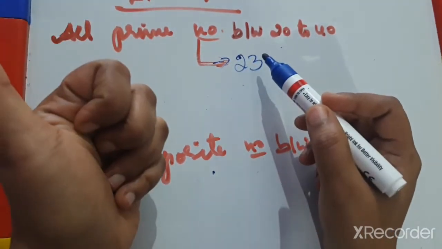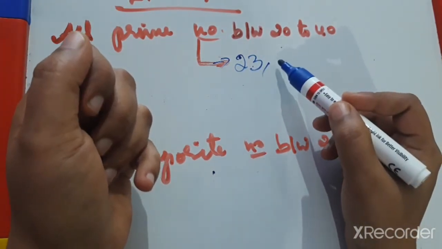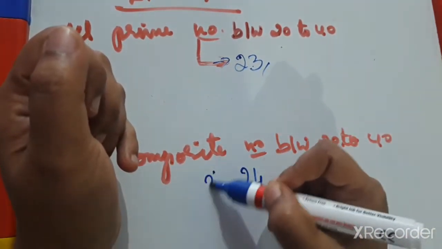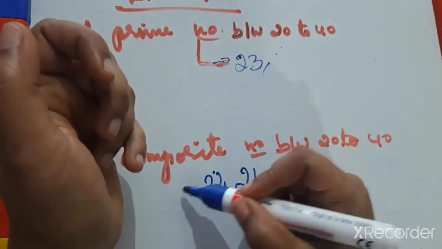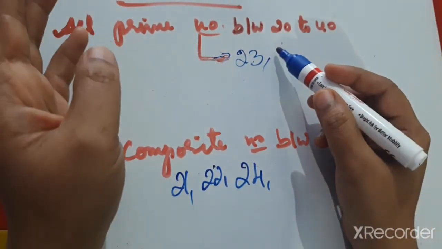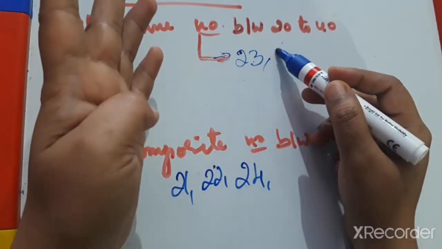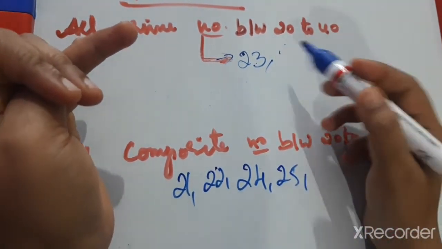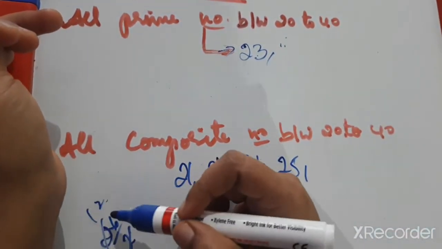Is 23 a prime number? Yes, 23 ones are 23, the number itself, and 1 is a common factor. Is 24 a prime number? No, 24 is a composite number, and 22 is also a composite number. Here 21 is also a composite number. Other than prime numbers are composite numbers. And 24 is not a prime number, 24 is a composite number. 25: 5 fives are 25, 1 twenty-five is 25, 25 ones are 25, more than two factors, so a composite number.